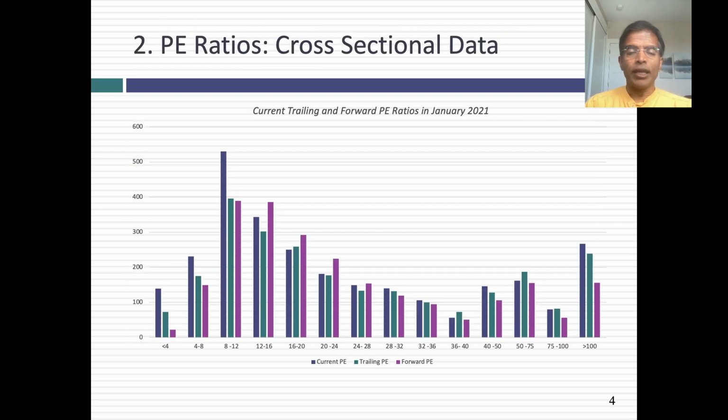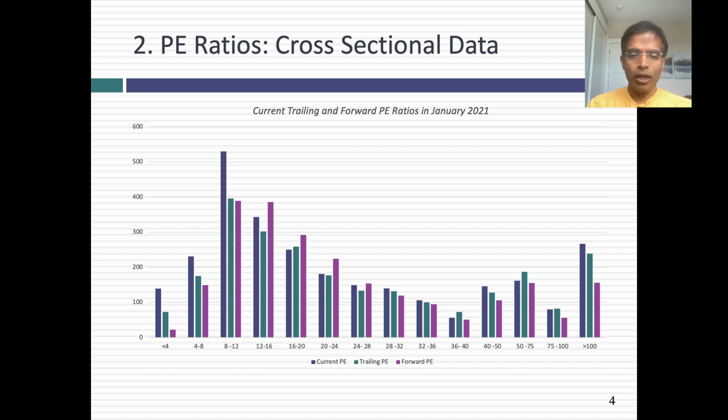So let's move to a second example. You've heard of PE ratios, right? You take the stock price, you divide by the earnings per share, you come up with the PE ratio. It's one of the most widely used metrics in investing. Traditional value investors argue you should buy low PE stocks. Now, I'm not going to go down that road and talk about what to invest in.